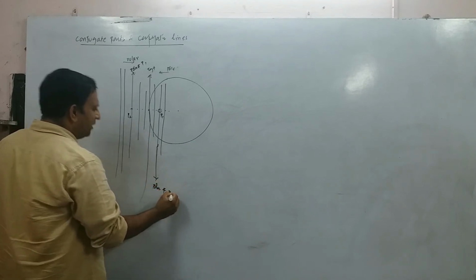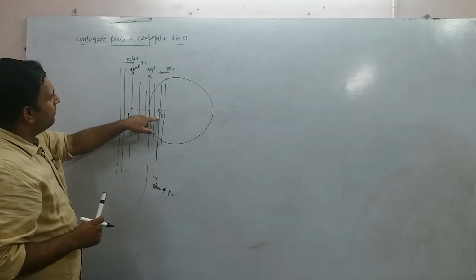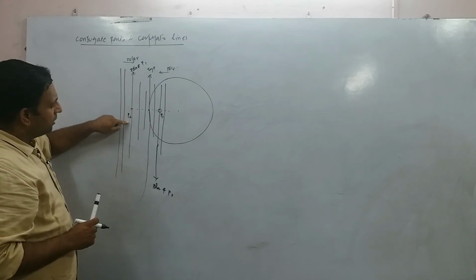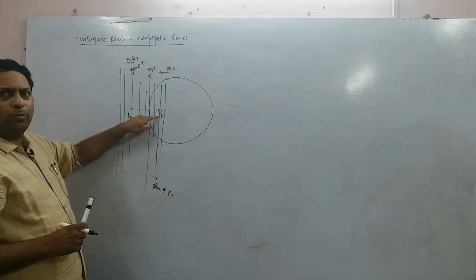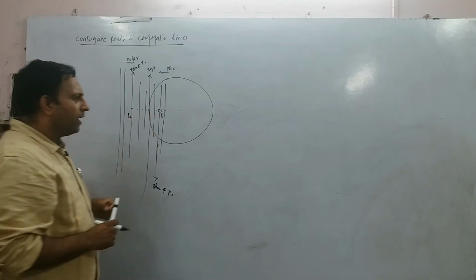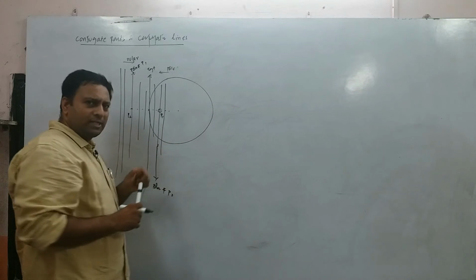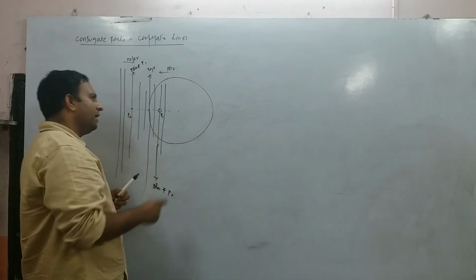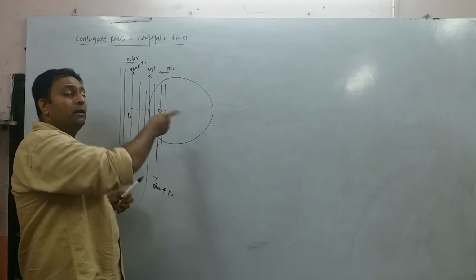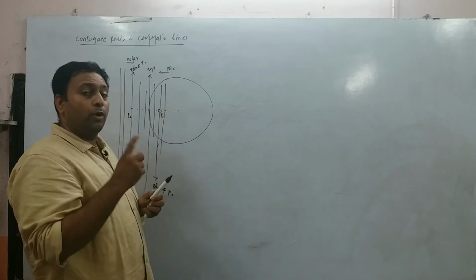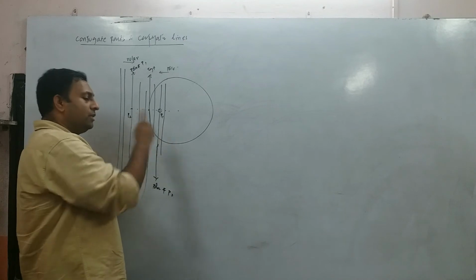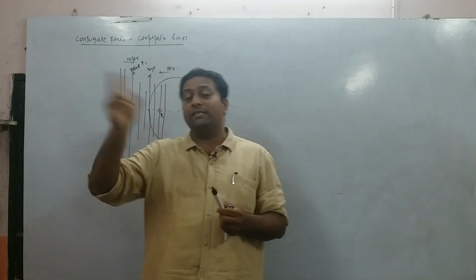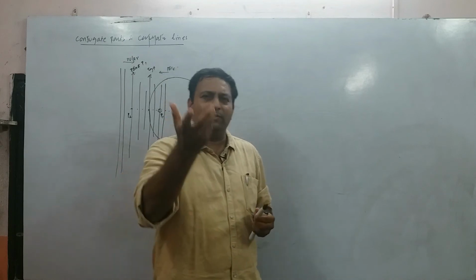Now what is that you are observing? The polar of P1 passes through P2, the polar of P2 is passing through P1, right? So you may note down the definition: if 2 points are such that the polar of one passes through the other, then those 2 points are called conjugate points and those 2 lines are called conjugate lines, right? It is a very easy definition.